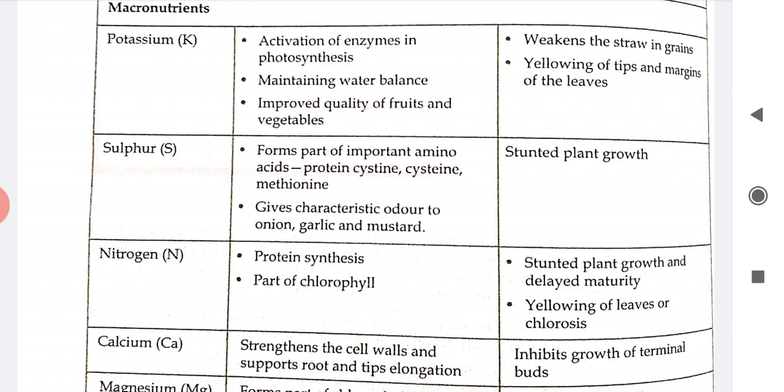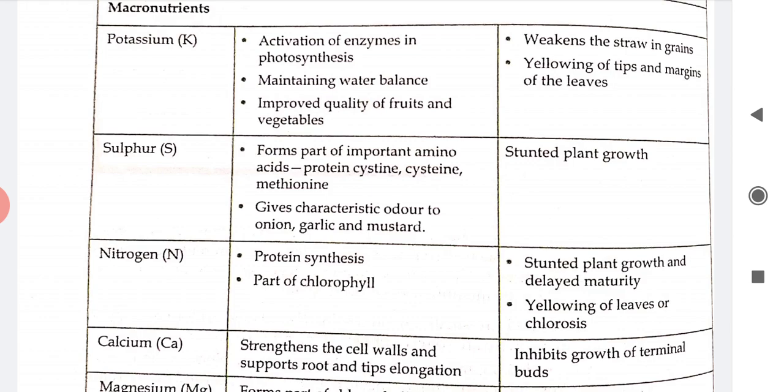Okay, now its deficiency disease weakens the straw in grains. Yes, you know that grains have a central middle portion, that is straw, and it weakens the straw in the grains. Now